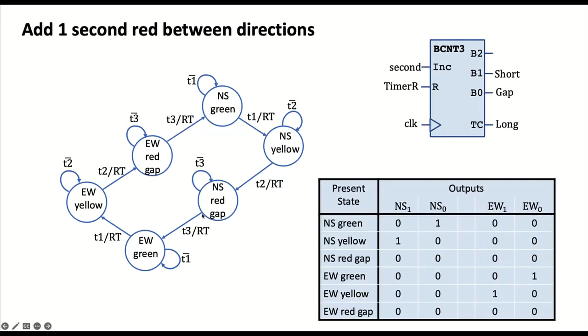All right, so that's one. Well, how about another variation? So not all intersections are democratic. Have you noticed that? It always seems like the other direction has a longer green light than your direction. No, it's just me. Yes. Yeah, okay.